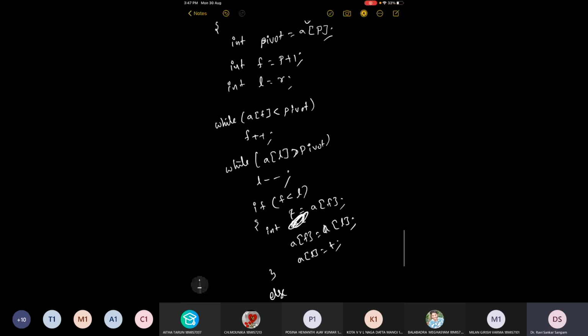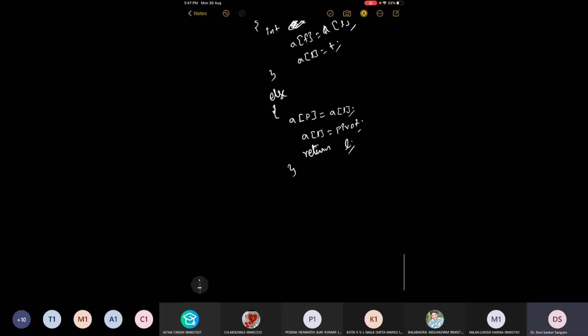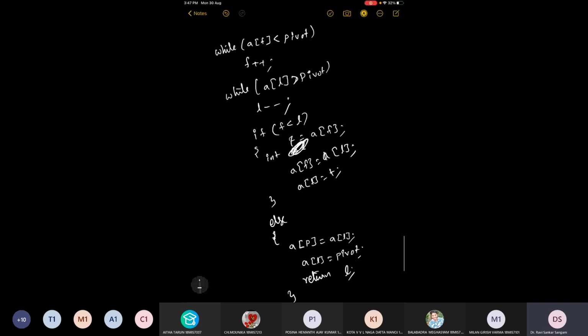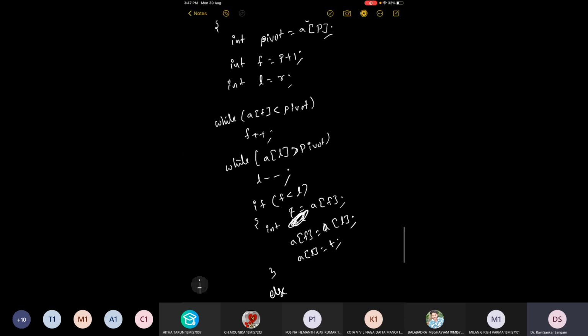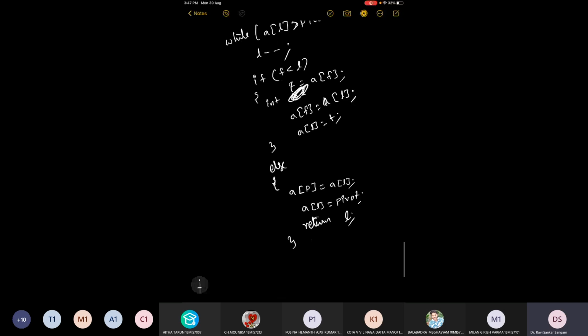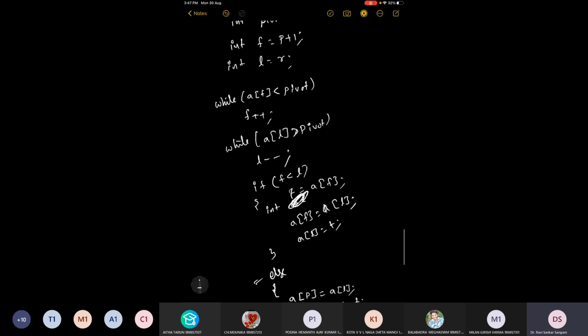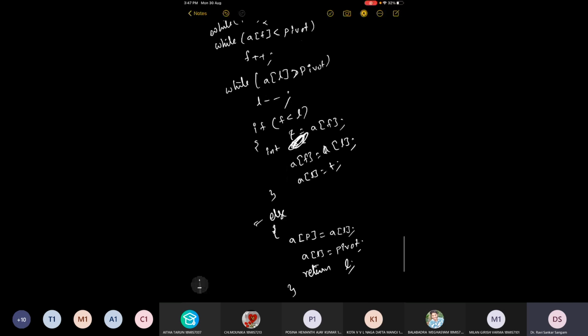So we return L. Return L. So these two steps of moving F towards the right side and L have to be performed until we execute this step. So we keep this in another while loop, which is a dummy while loop, meaning its initial condition is always true. Since we have a return statement,